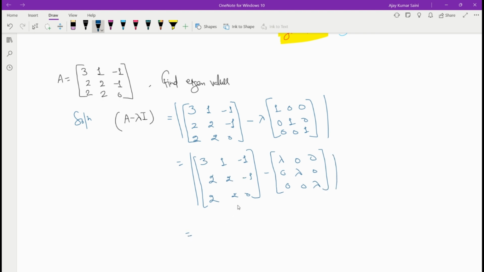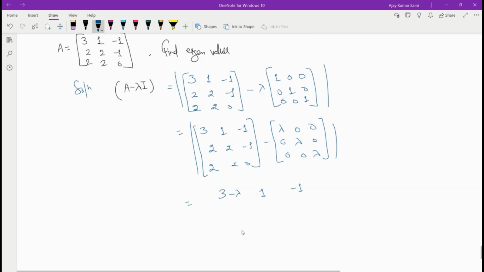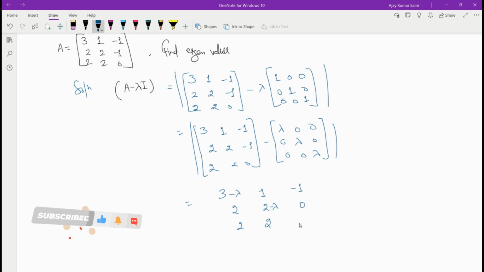So finally it comes like 3 minus lambda, 1, minus 1. Okay, and 2, 2 minus lambda, minus 1, 2, 2, and it is minus lambda. Okay,